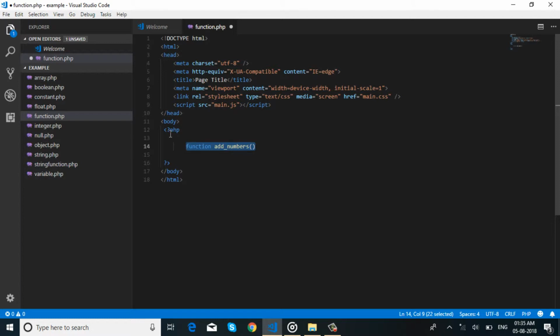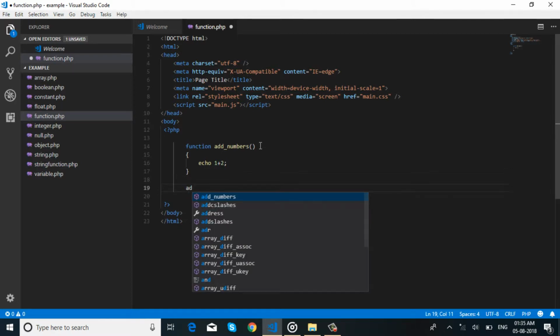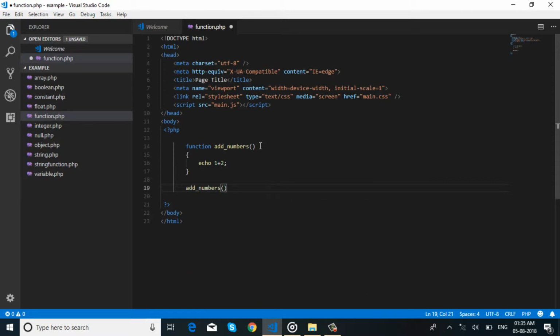This is the definition of the function. This is the declaration of the function.